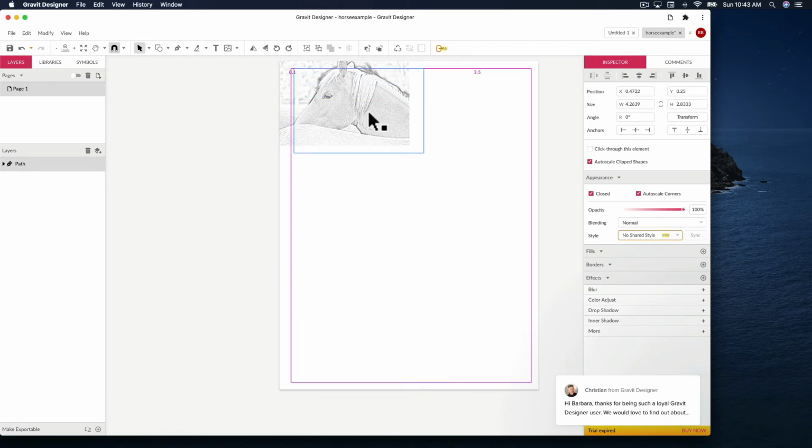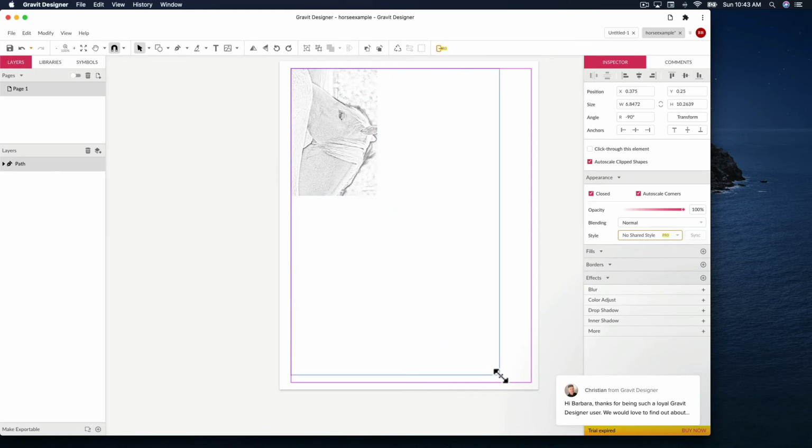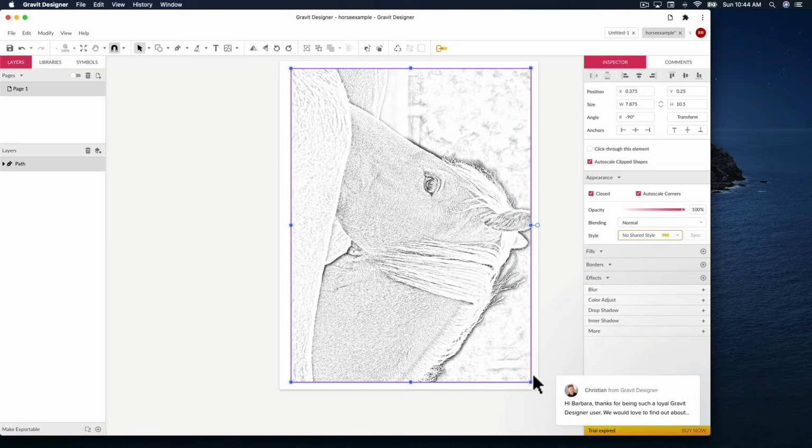Okay, so then I'm going to take the horse here and I'm going to drag him and turn him around like so. Put him back over in here so he's within those margins. I'm going to pull this and stretch him out. And there he is. If you notice down here we've got 0.25 on the right side, 0.25, the top's 0.25,